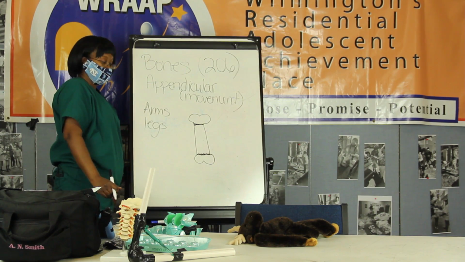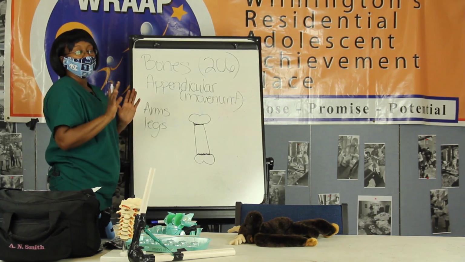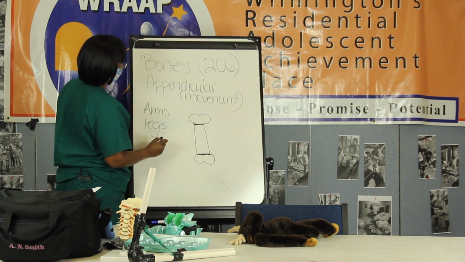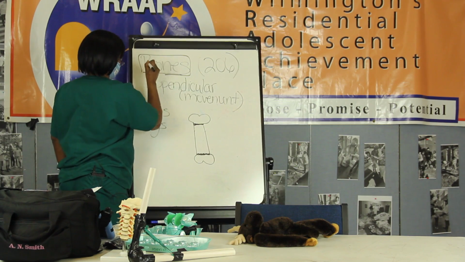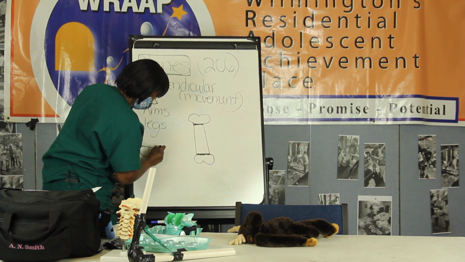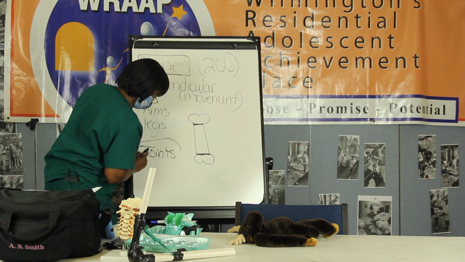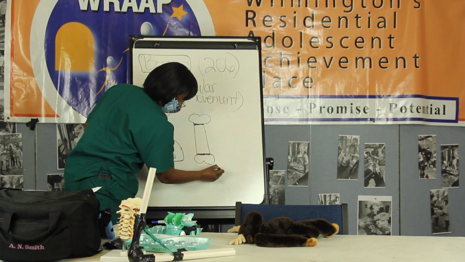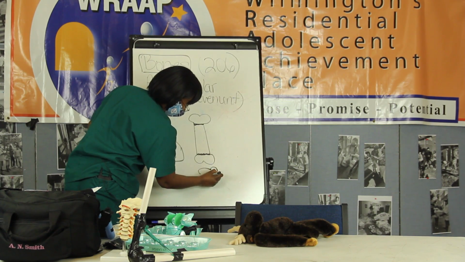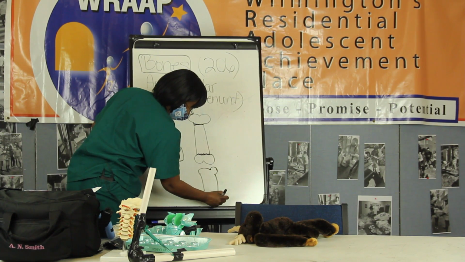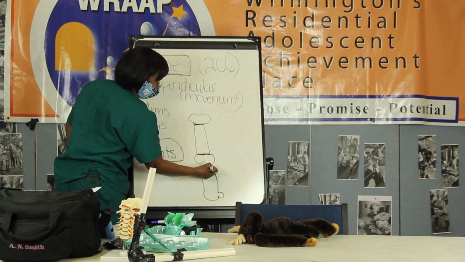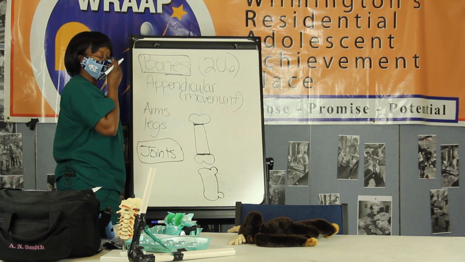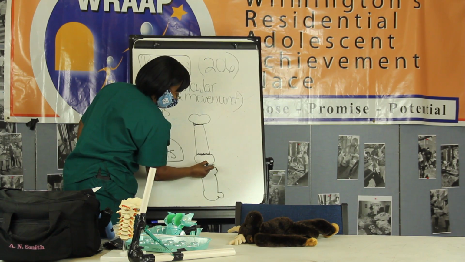And usually, like all bones do, they have some type of joint. So not only do we have bones, we have joints. And the joint can be in between bones, like this. Again, I'm not the best artist. The joint is in between here, and the joint helps with movement and it cushions. So you can have some cartilage in here.